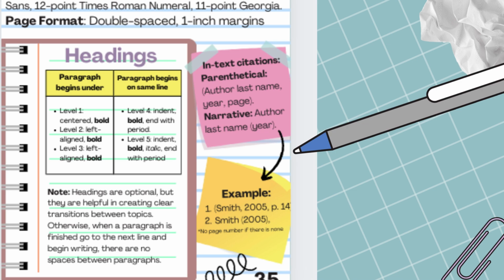Parenthetical is used more for direct quotes and includes the full author last name, year, and page. Whereas for a narrative, you can use the author's last name within the sentence, such as saying according to Smith, rather than Smith 2005, page 14. And then you follow the last name of the author with the year. For example, I might say, fashion in the 1980s was marked by bold colors and styles, like a direct quote. And then I would put Smith 2005, page 14. Whereas in a narrative citation, I would say, according to Smith 2005, fashion in the 1980s was marked by bold